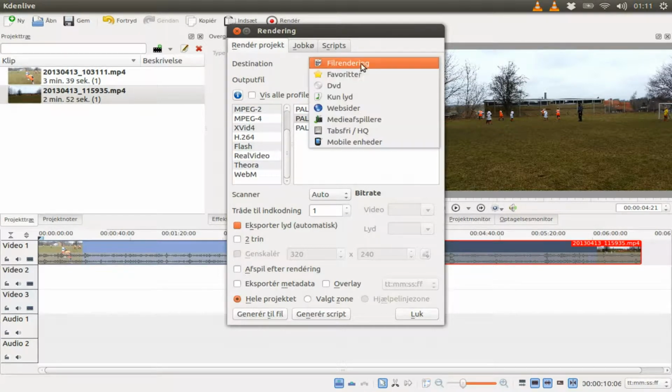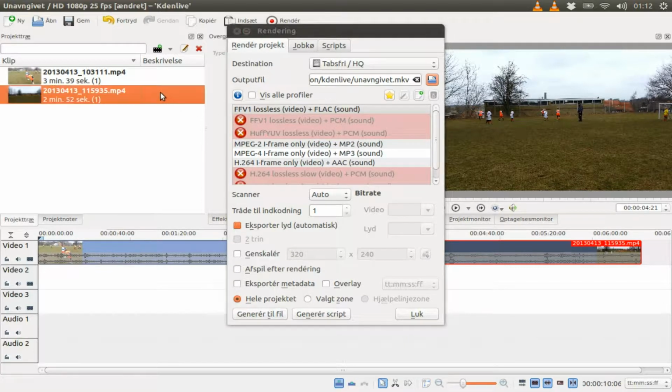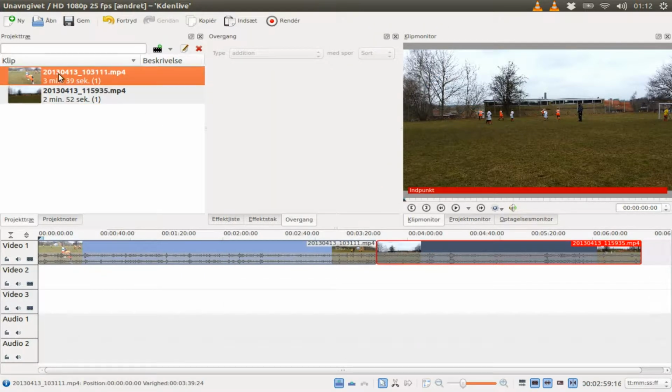I even tried the lossless ones, but they just gave me a very big file that was still very choppy and unusable, and nowhere near the quality of the source files. In the end, what solved this for me, and I think it would solve a lot of problems like this, no matter what kind of video files you have, is that you just click on one of the clips and